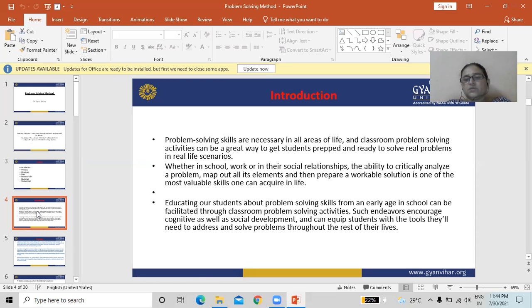Such endeavors encourage cognitive as well as social development and can equip students with the tools they will need to address and solve problems throughout the rest of their lives.